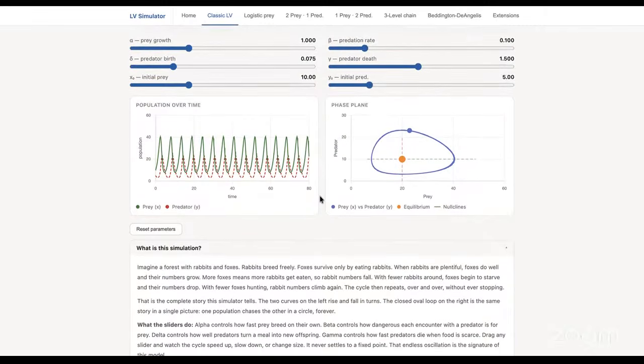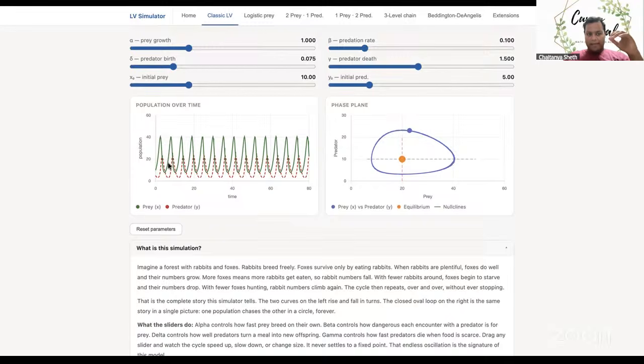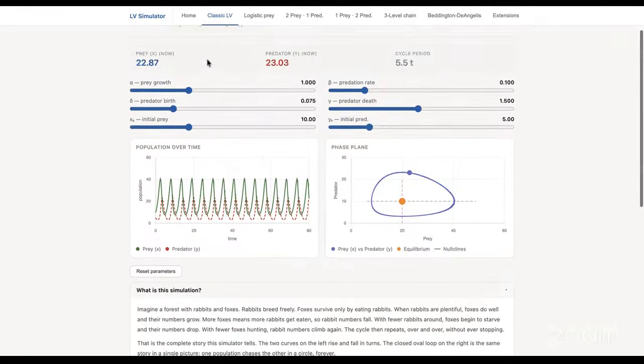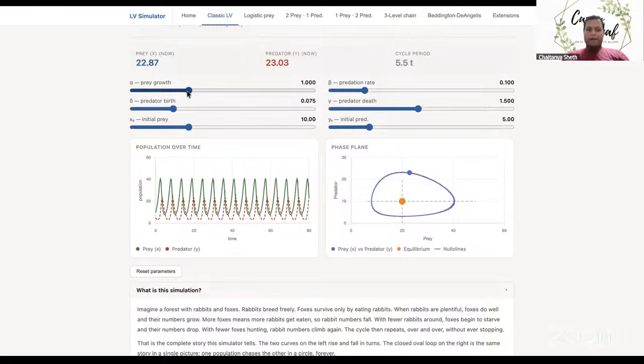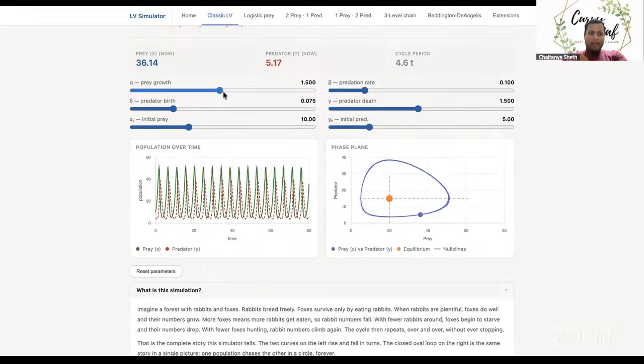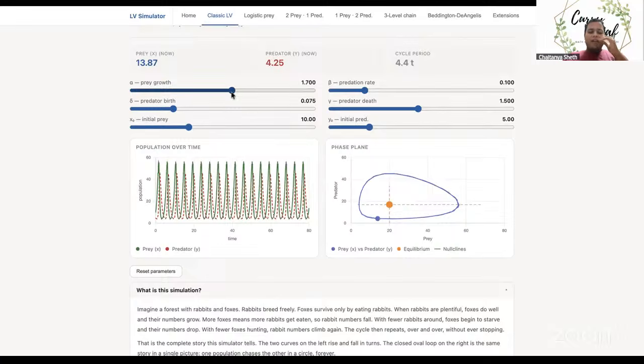Then how will the growth of rabbits, that is prey, and the growth of predators look like? Let us say initially the growth is 1 unit per unit of time for prey. And if prey growth increases, that will result in an increase in predators. But now there are more predators, so there is less food. So that shows this decrease in rabbit population. Now, since rabbit population decreases, fox population also decreases. Fox population decreases, that results in an increase in rabbit population, and that cycle goes on and on and on.